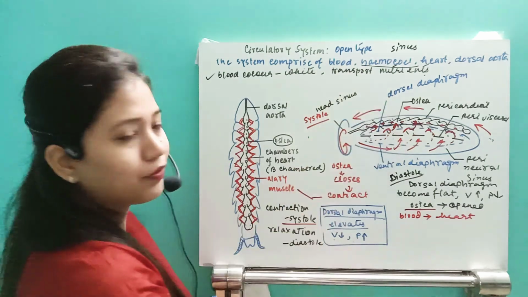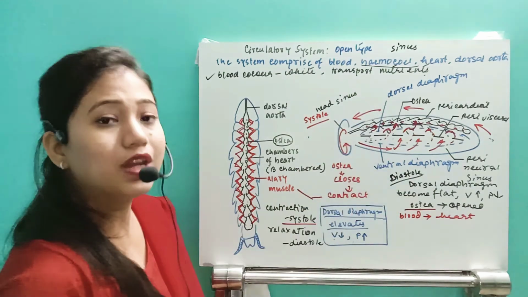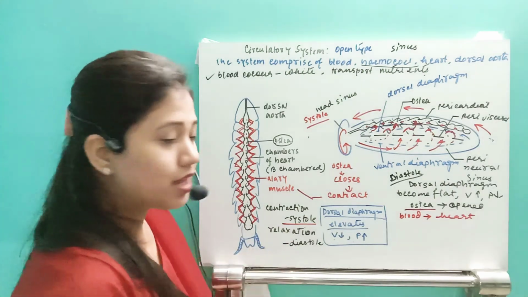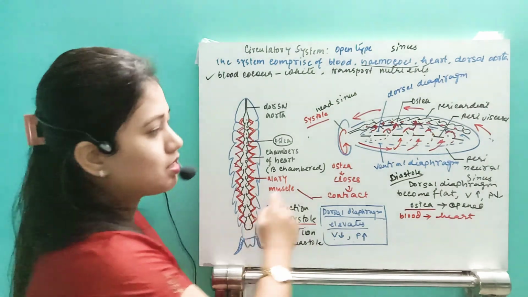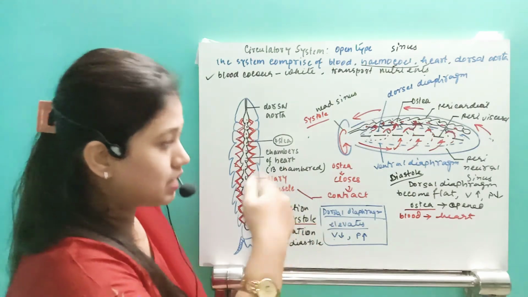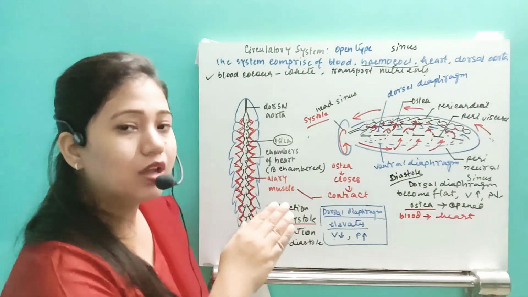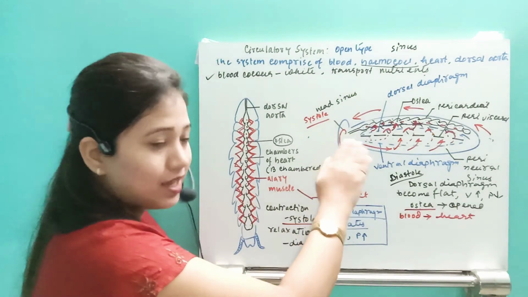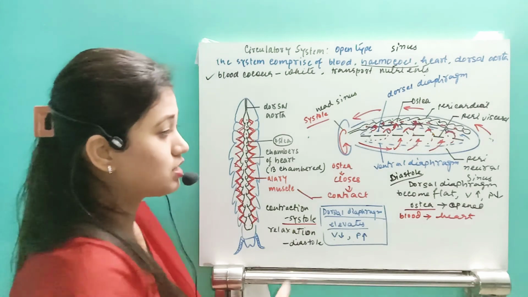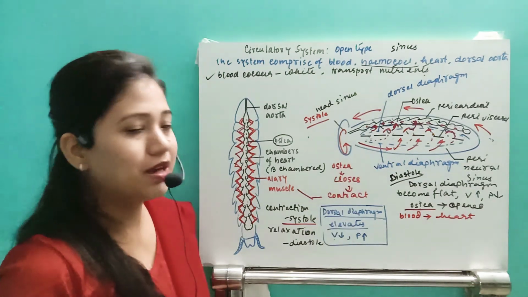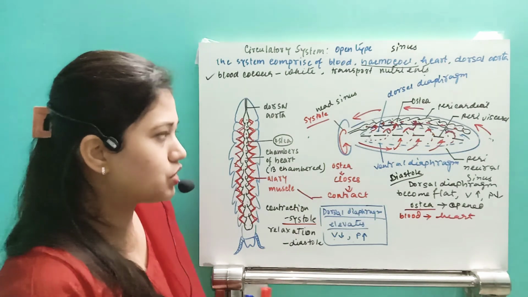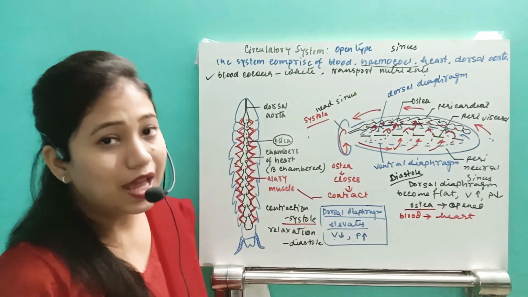Once again, whenever they are going to have a contraction, this dorsal diaphragm will elevate, ostia closes, and blood is now stuck inside the heart. Due to the contraction of the LAD muscle, the blood will pump from this posterior region to the anterior region, take a turn around to the head, and from the head it will go to the perineural sinus. From the perineural sinus it will go to the next part, the perivisceral sinus. This way systole and diastole occur.